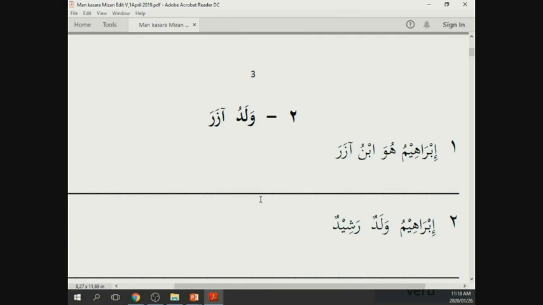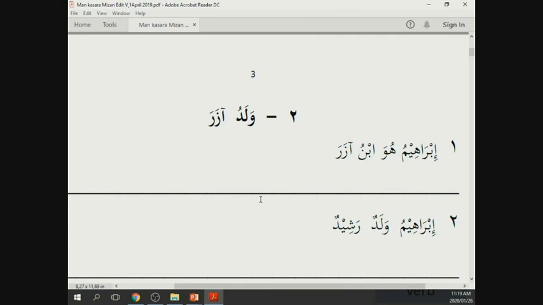Okay. Everybody say it for me. Ibrahimu huwa ibnu Azara. You know what? What kind of Qur'ans do people read out of? Most of us used to read from a 13-line Qur'an. That's still my mushaf of preference, a 13-line one with the Indo-Pak print. But if you look at the one with 15 lines, this one also has an Indo-Pak print, but if you look at the 15-line one with the Arabic print, then you'll see